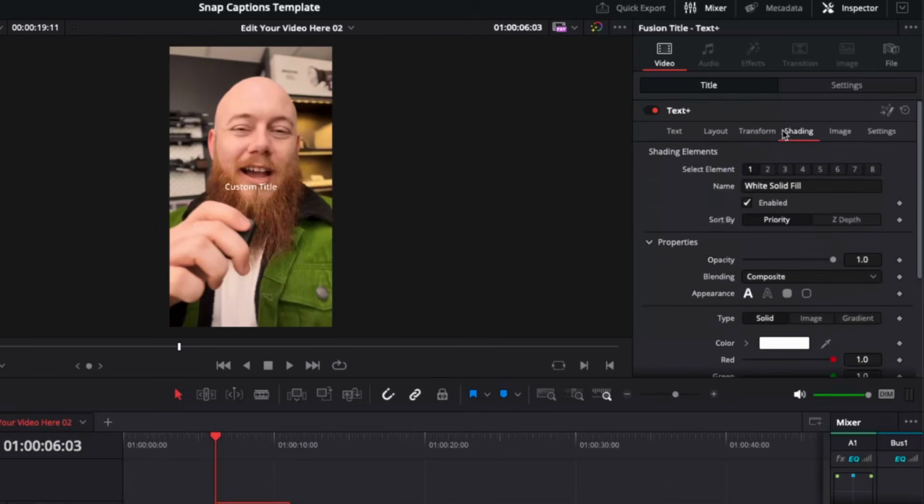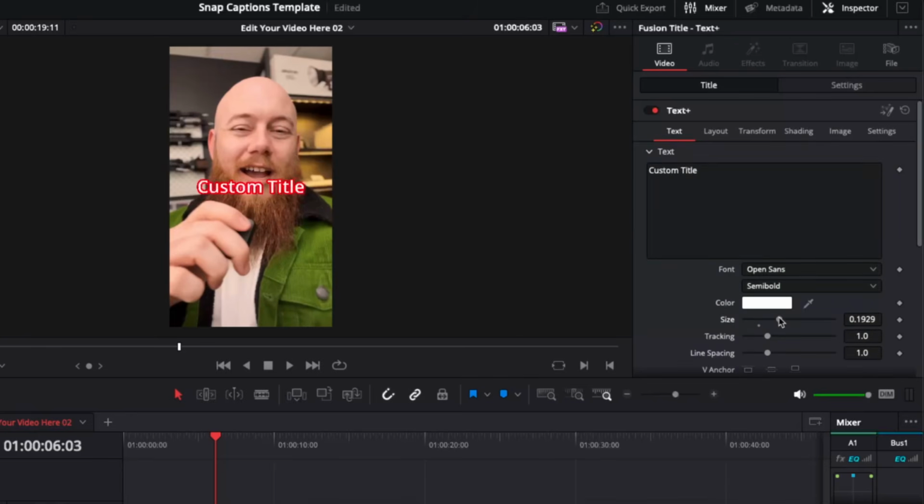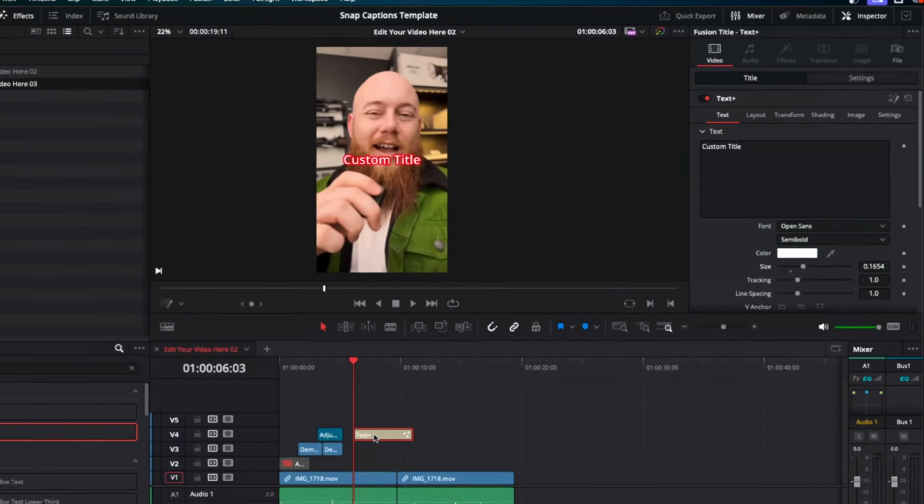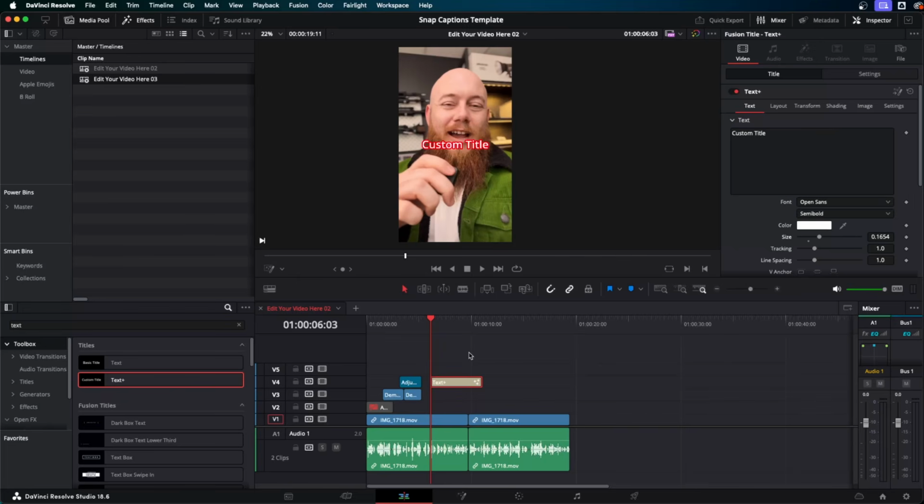So we can go across and design this however we want. Maybe we give it a nice big bold red line and we decide to make it a bit bigger so it's a bit more readable, and so forth. So you could go across and spend a lot of time working on this, or we could use